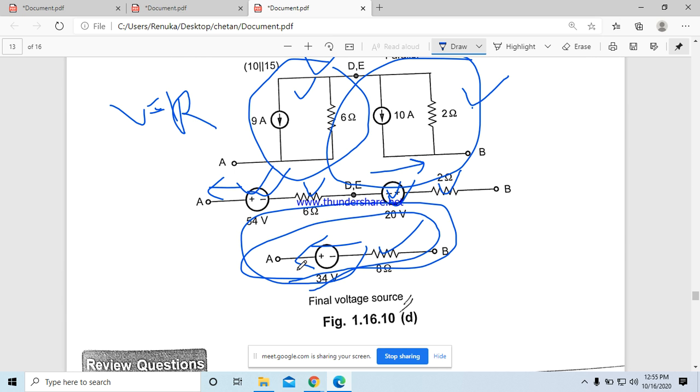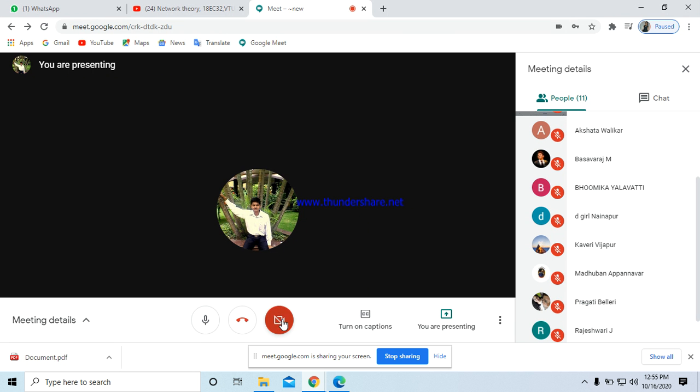Actually, in that problem, what they have asked is to simplify this one and convert it such that it has only one voltage source in series with a resistor. So, do you have any doubt in this problem, whether this is clear or not? Okay, you should answer for this. Basuraj,